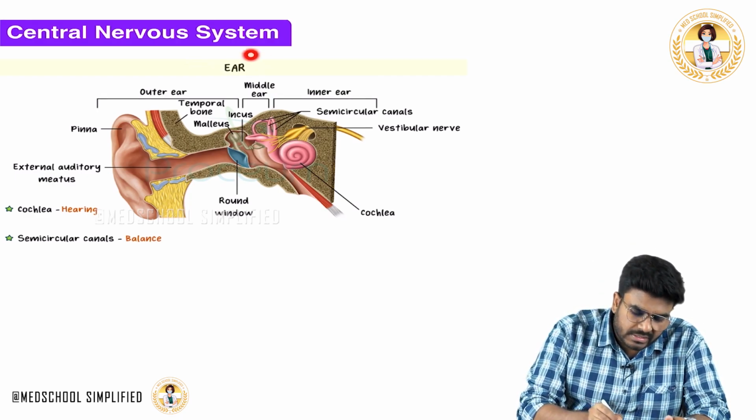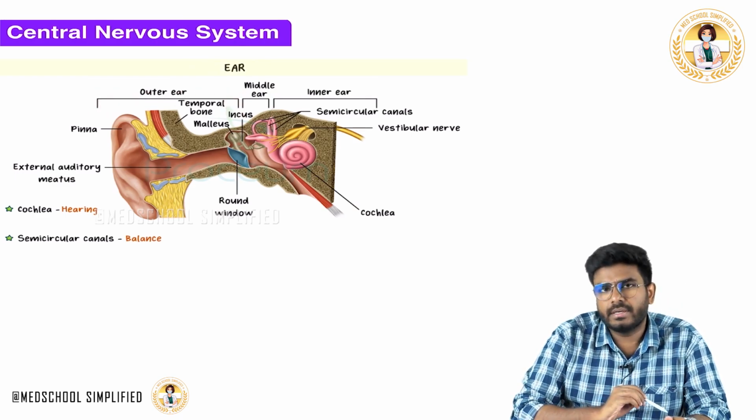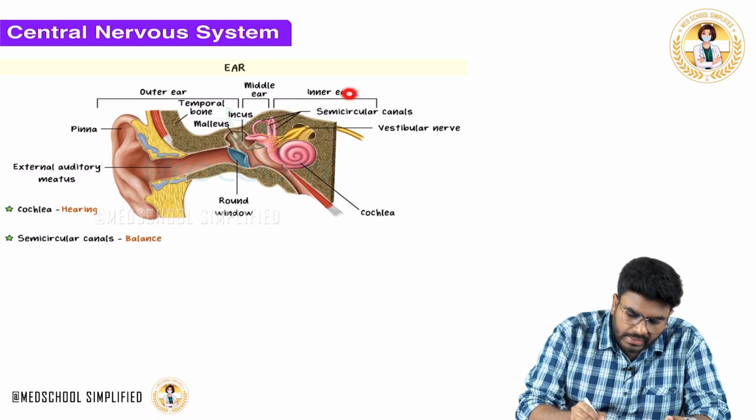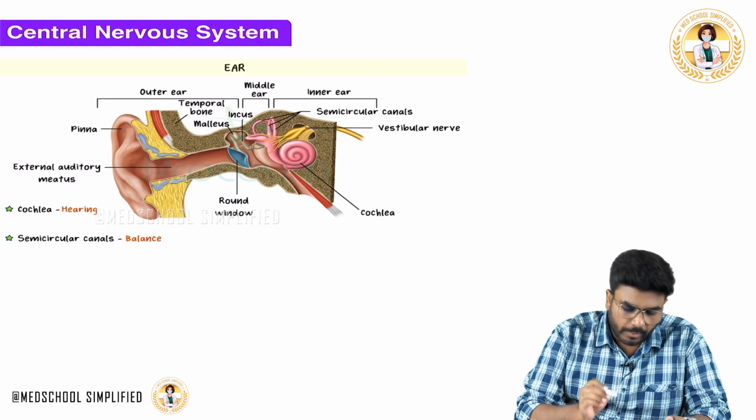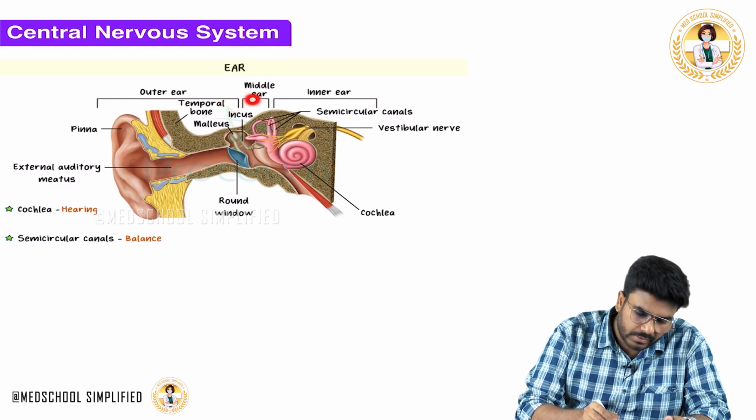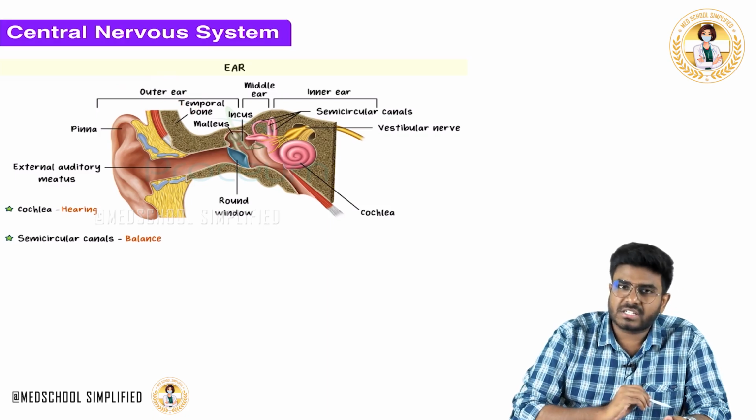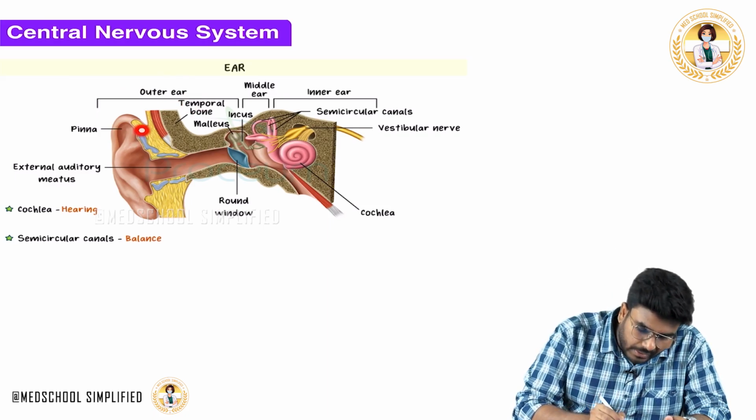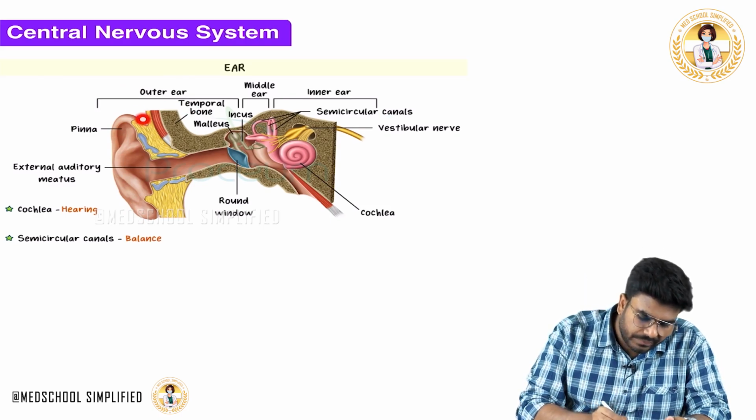The ear is divided into three parts: the outer ear or external ear, middle ear and inner ear. So how many parts are there? Outer ear, middle ear and inner ear. The outer ear, also called the external ear, includes the pinna. Here you can see the pinna, right? And this is the external auditory tube or external